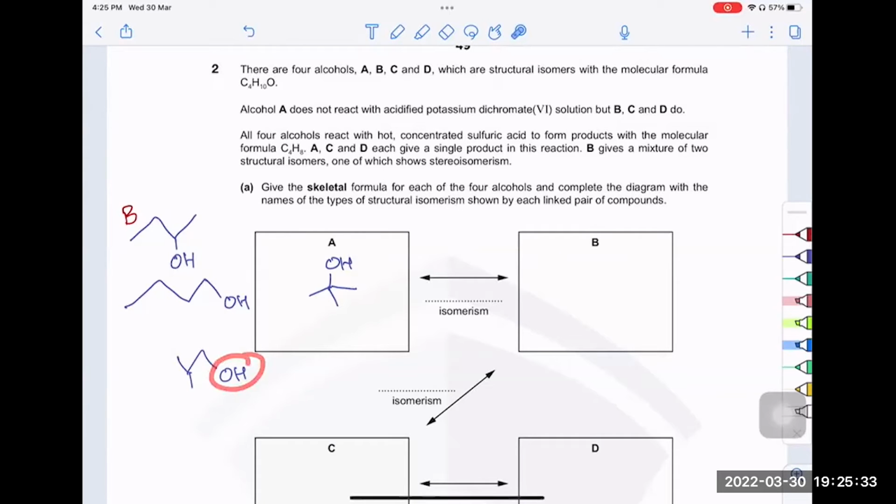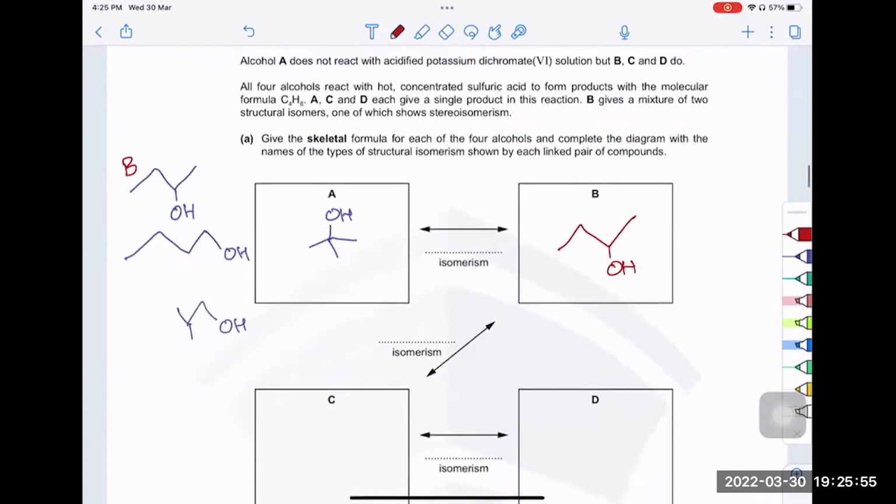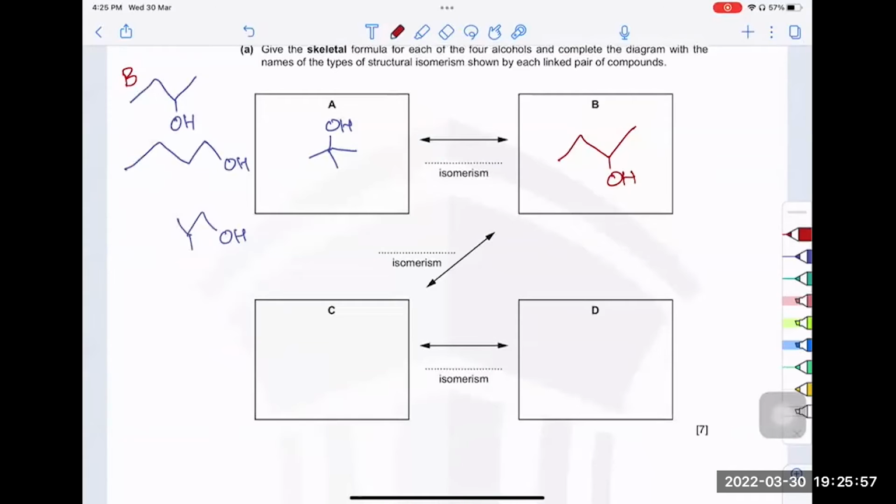So this is OH coming from here, and there's only one place where hydrogen can go from, because this is attached to a tertiary carbon that only has one hydrogen. So yeah, this is also going to give us 2-methylprop-1-ene, if I'm not wrong. Yeah, so let's just put them there. So this one goes here, that is B, and then C, just take any random one. Okay, just take that one. And this one,